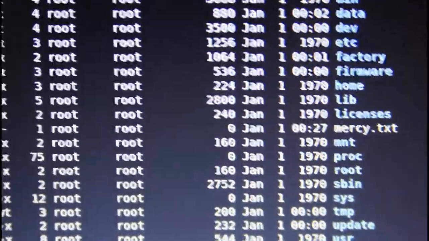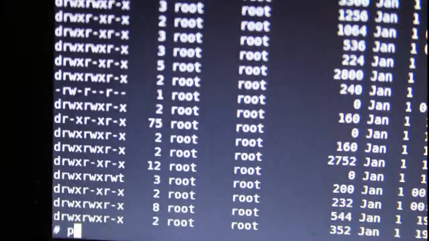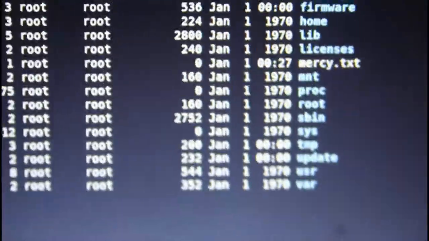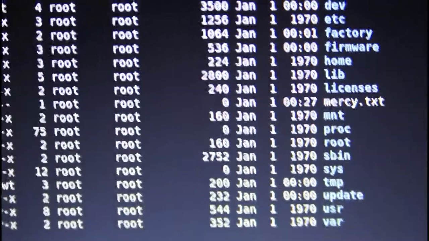Okay, and you see right there we created a mercy.txt file right in the root directory. So we definitely have full control on this system,